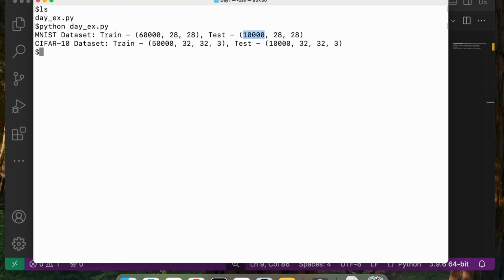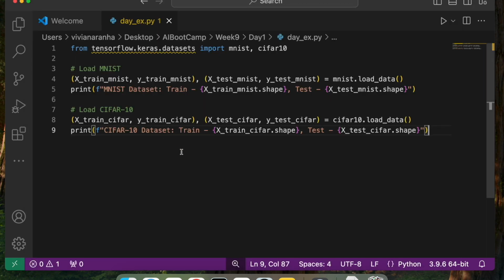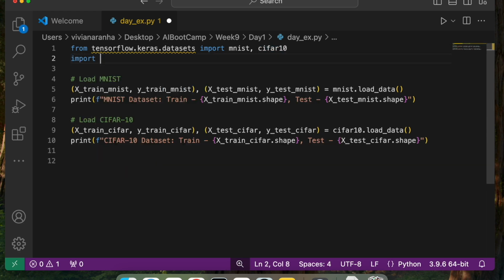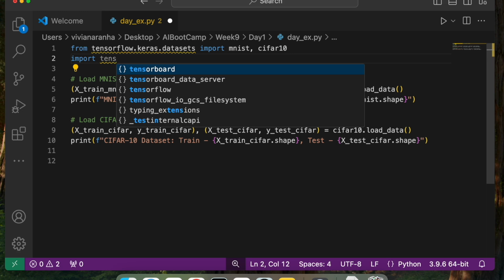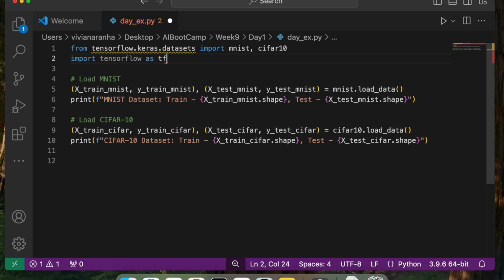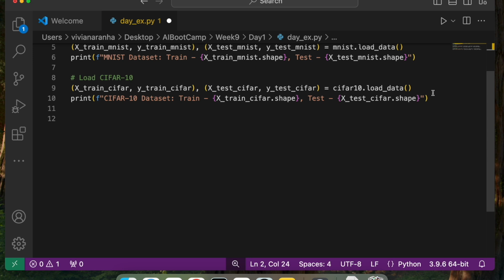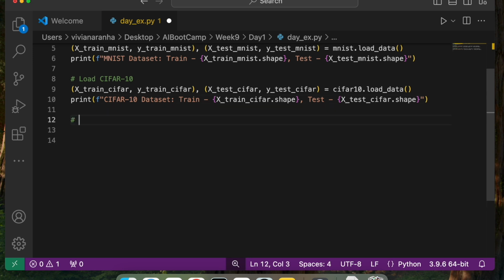Our second step is to set up a deep learning environment. Again, make sure that you run pip install tensorflow or it will not work for you. Now the next step, let's go up here. I'm going to say import tensorflow as tf, and next I am going to define a basic dense layer.